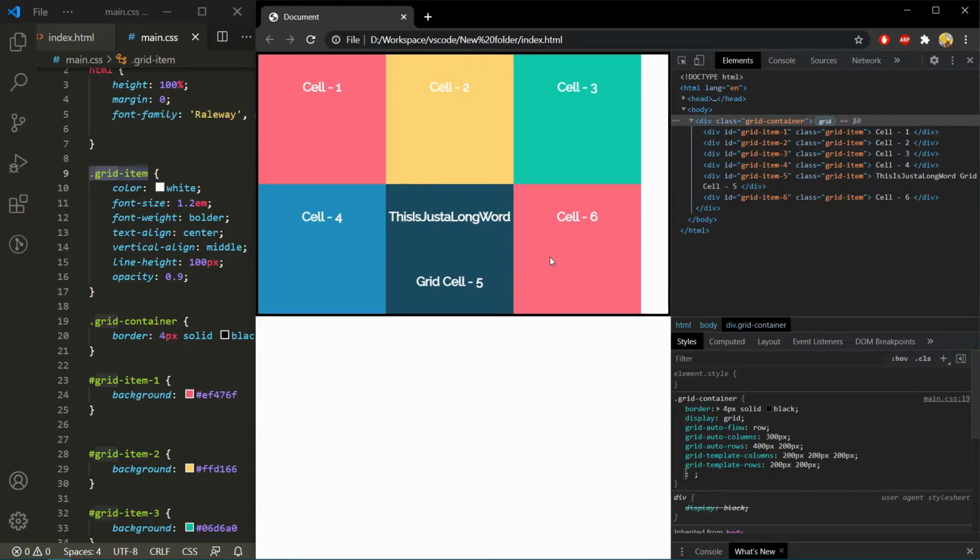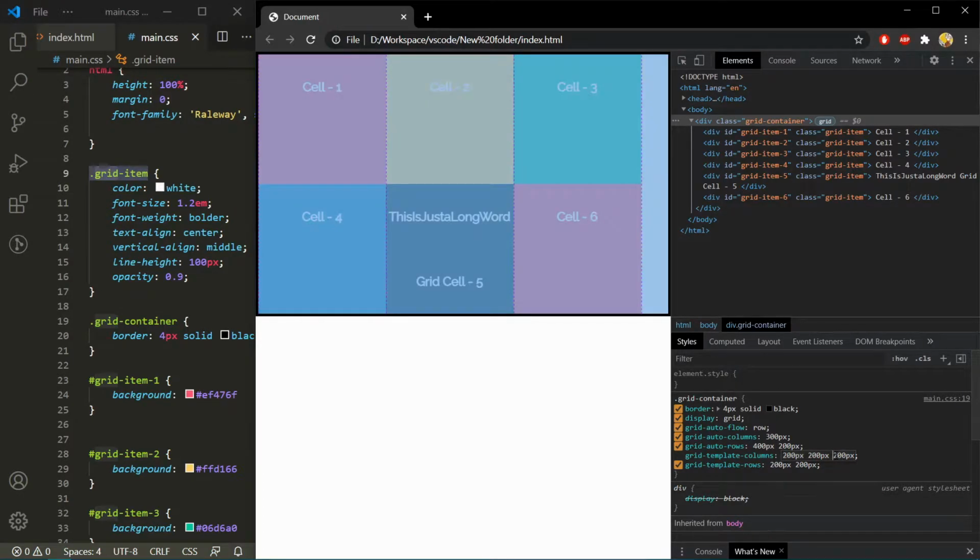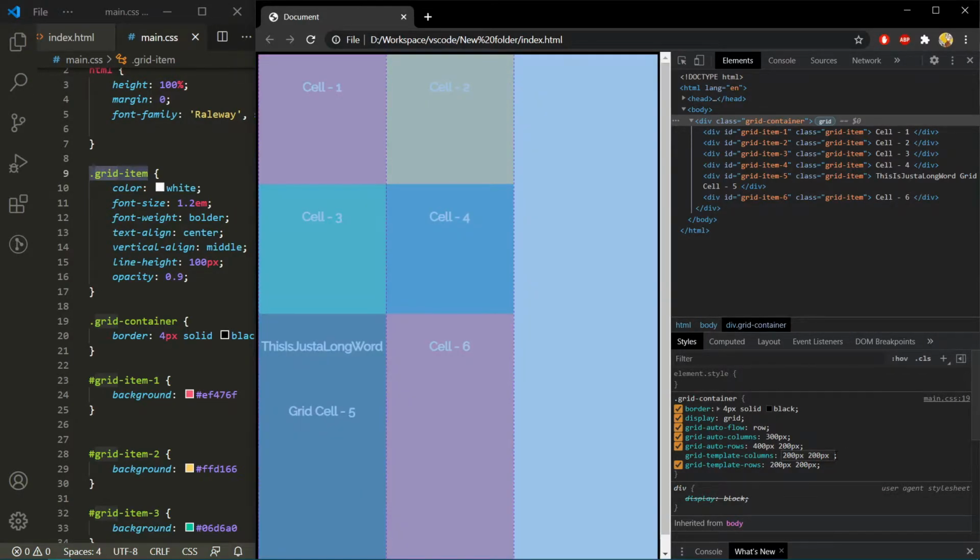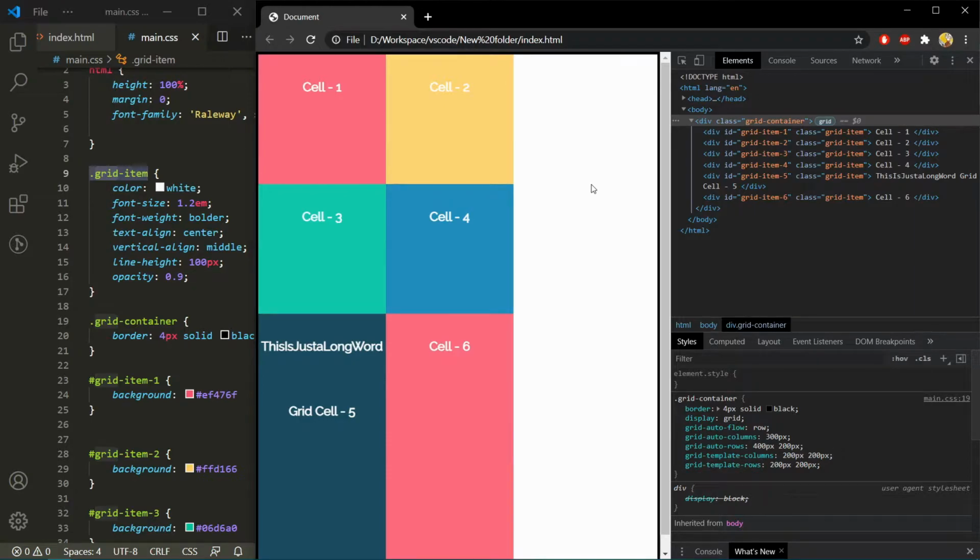What if the number of cells we have defined is less than the number of child elements? Let's reduce one column. Now, as you can see, grid took all child elements and started putting them into the explicit cells we have defined. And as these explicit cells got over, it created a new implicit row and kept adding the rest of the child elements.